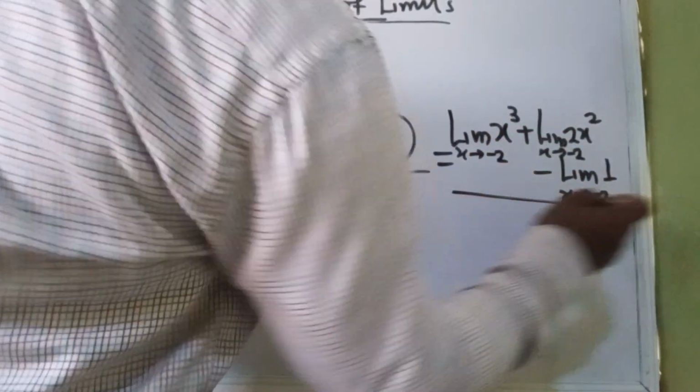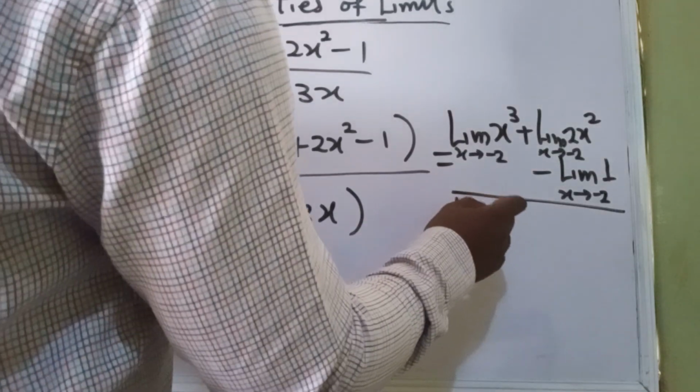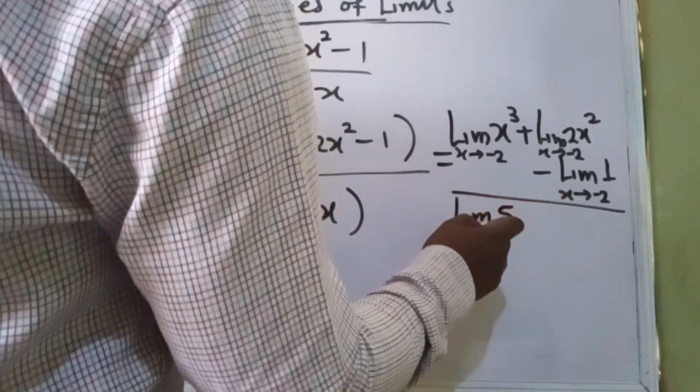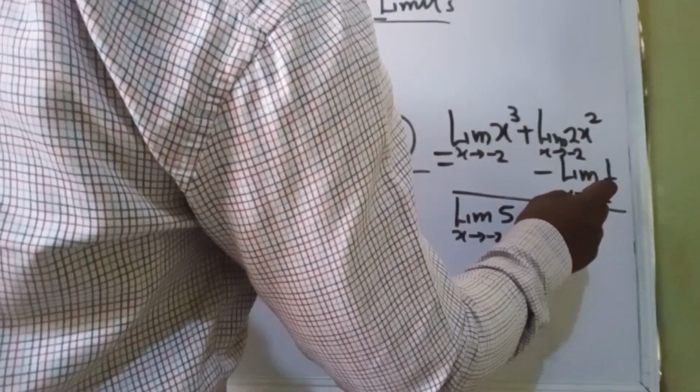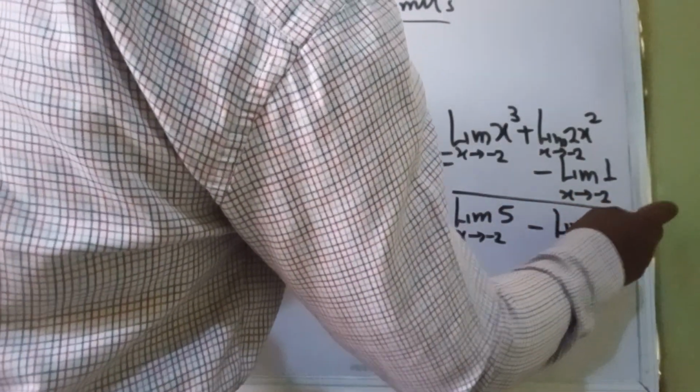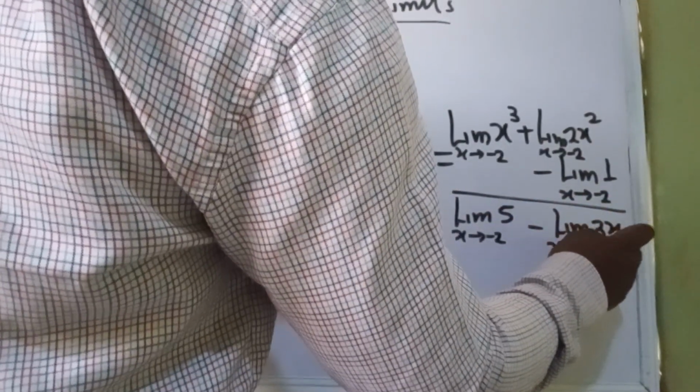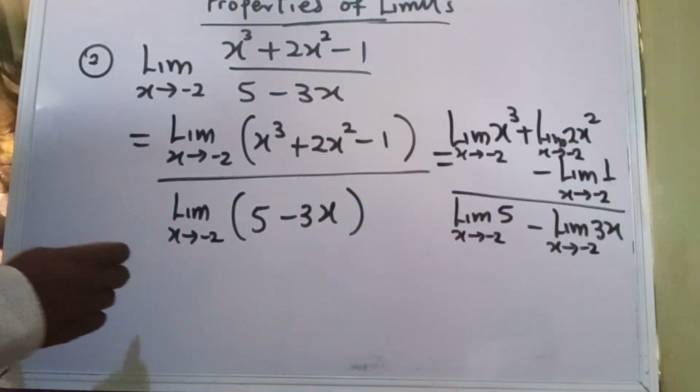Okay, everything over the limit of 5 as x tends to negative 2 minus the limit of 3x as x tends to negative 2. Okay, so again,